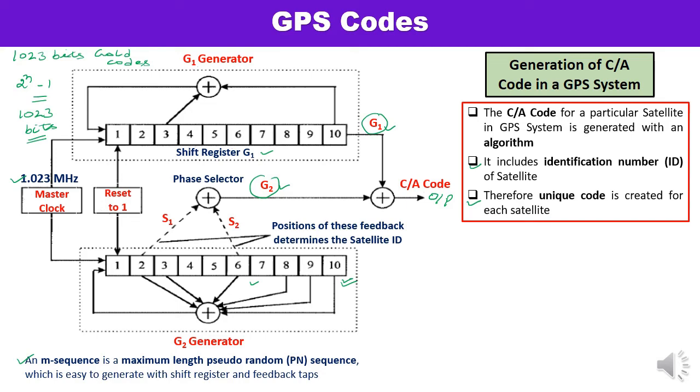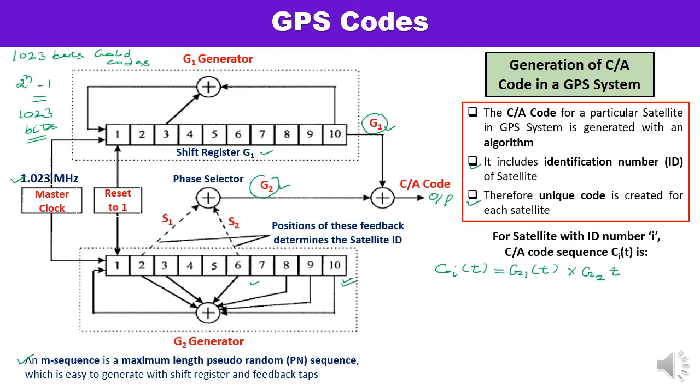If i is the identification number, the coarse acquisition code sequence can be written as Ci(t) equal to G1(t) times G2(t + 10i Tc). And here Tc is